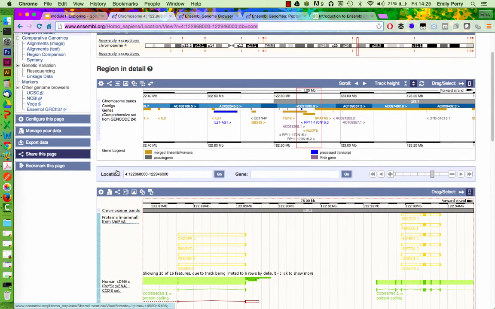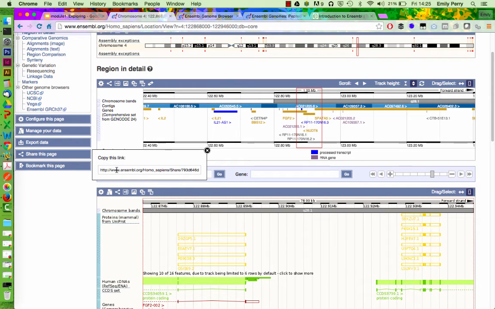The solution to this is this Share This Page button over on the left-hand side. When I click on Share This Page, it generates a link, and this link includes all of the information that's included in this region view. So it's not just the location, but it's also all of the tracks I've added.